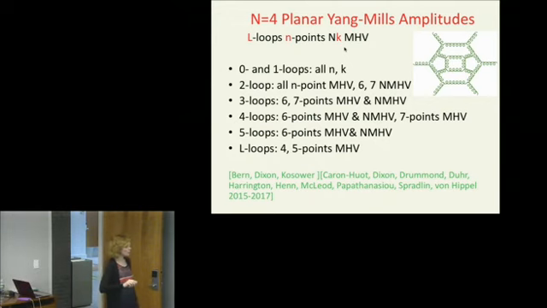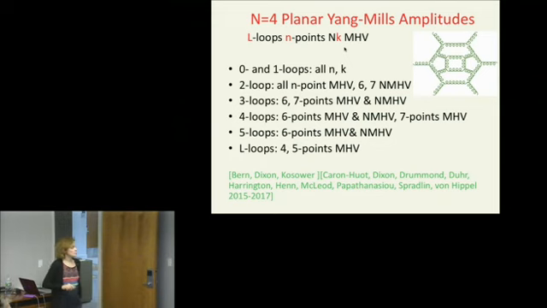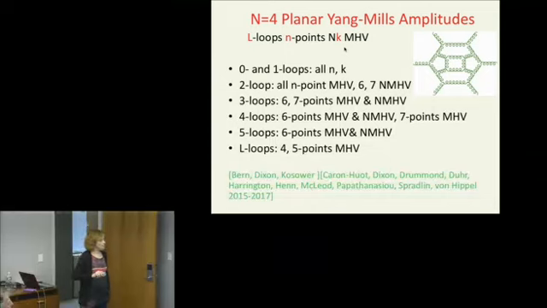Now if you start going further, there has been work, but mostly this has been pushed by Lance Dixon and his collaborators. And these computations have been done using this bootstrap program. So if you move to 3 loops, you see there are,